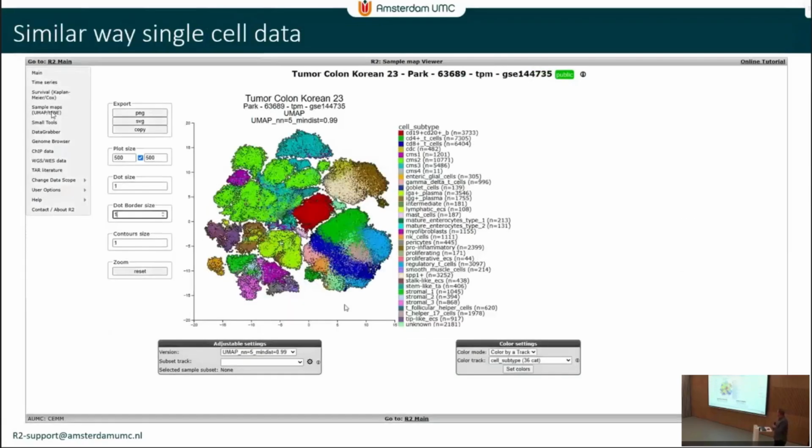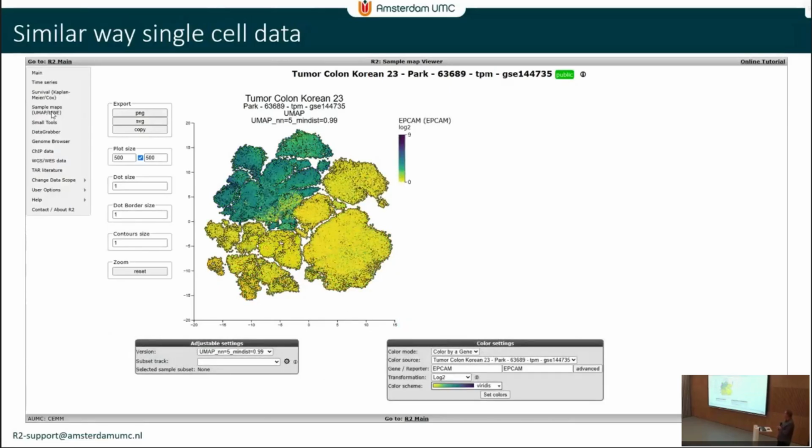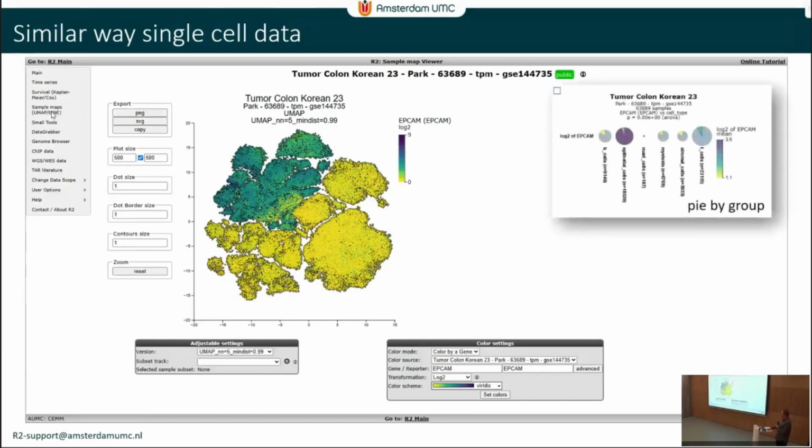So I already said 2 or 3 minutes ago, next to these bulk data sets, we have single cell resources available in the platform. Here is just an example of one from a colorectal cancer space. Also there you can use these different tools to represent the data in such a way that you can explore expression of genes, look at subgroups, but you can also use tools like the